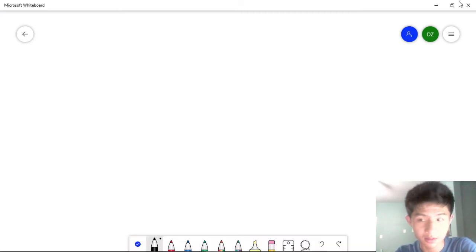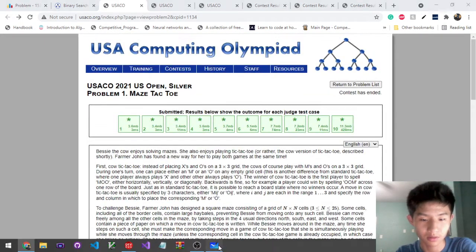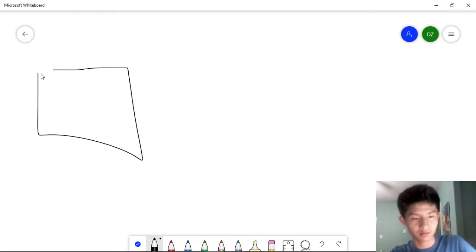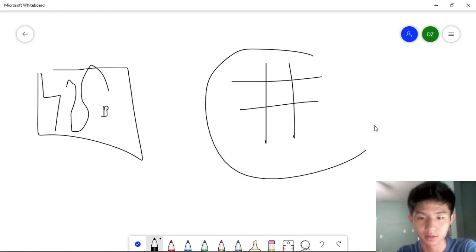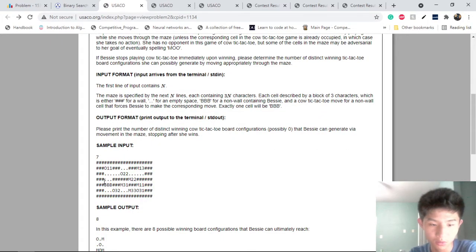So the idea is that it's both a maze and a tic-tac-toe board. Bessie's on a location on this maze, right? Whatever, just imagine it's a maze. Bessie's on a location in the maze, and then she has a game state, a tic-tac-toe game state. Whenever she moves in a cardinal direction, so north, south, east, west, whenever she moves onto one of these letters, the letter would give